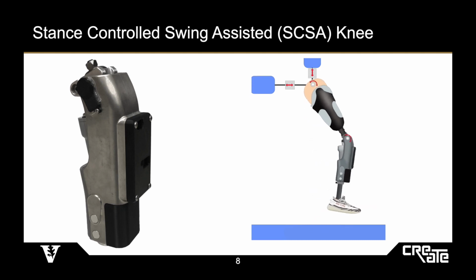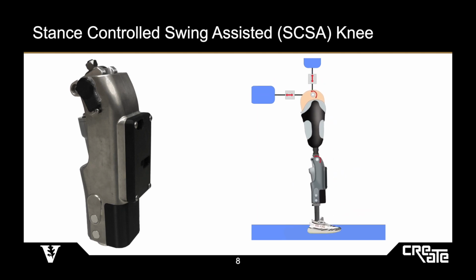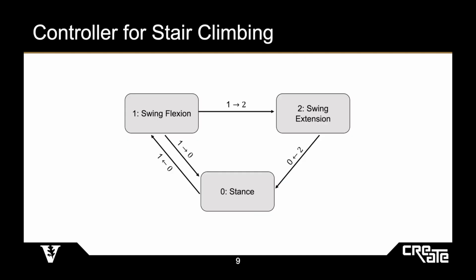ballistic movements. However, even our decreased torque output is more than enough to allow this device to control to and hold angles when the device is not loaded with the person's weight. Thus, we restore full actuation ability to the device during swing phase without sacrificing the ability to inertially link the shank and the thigh. The finite state machine used for stair climbing in this study can be thought of in